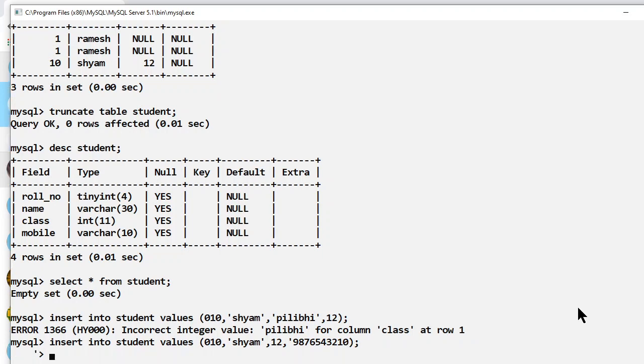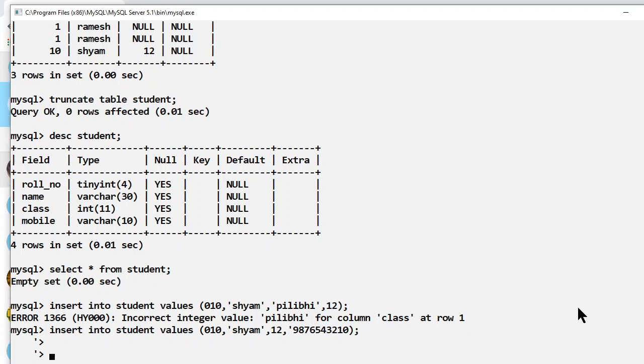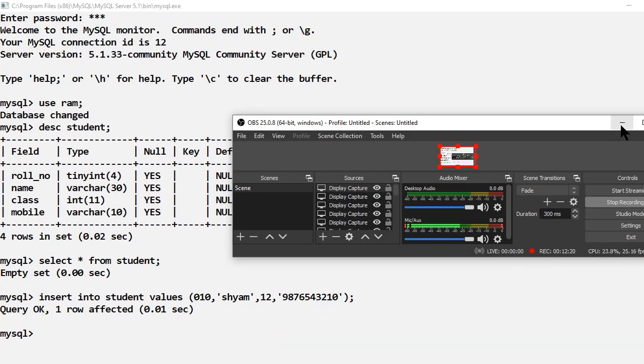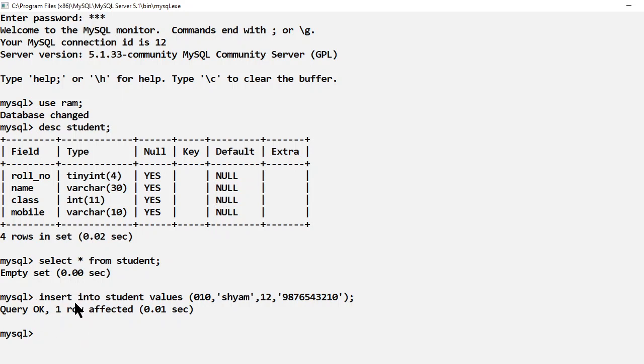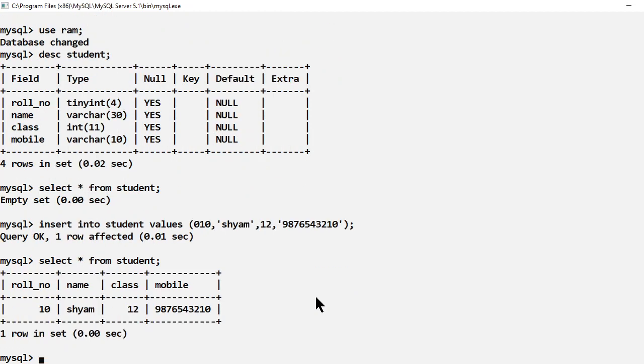If I run that command, query executed, insert into student values are this. Now if I run the command select star from student, here you can see that one value is inserted. Now this is the use of the truncate command.